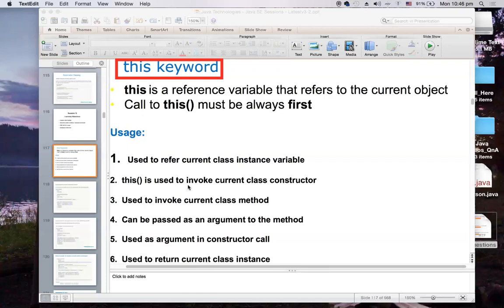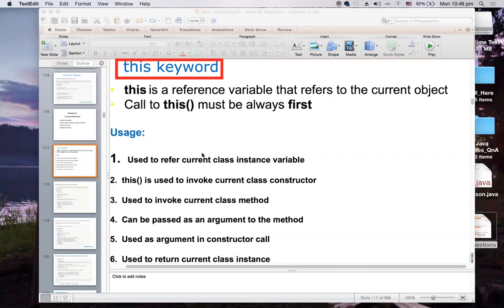This can also be used to invoke the current class method. This can be passed as an argument to a method and as an argument to a constructor also. And finally, this can be used as a return statement. That means you can actually write return this. So these are all the use cases of this in Java.